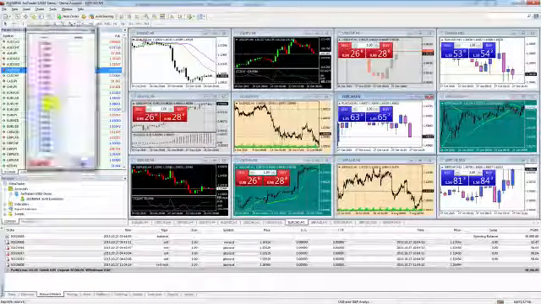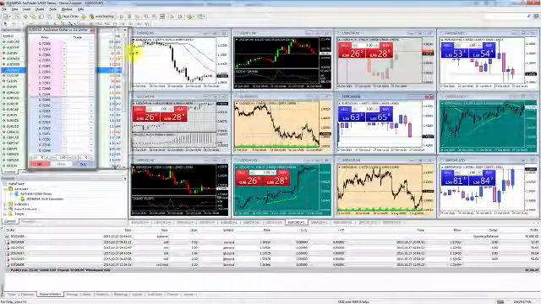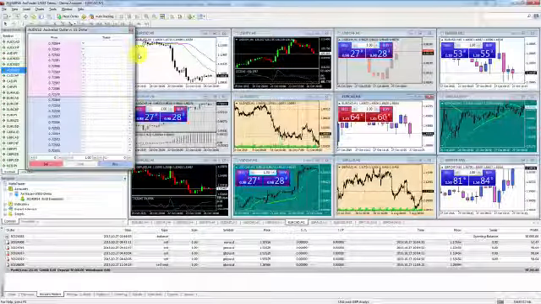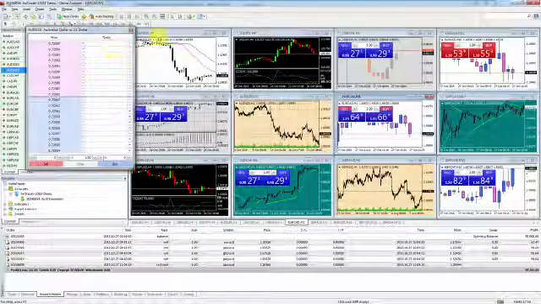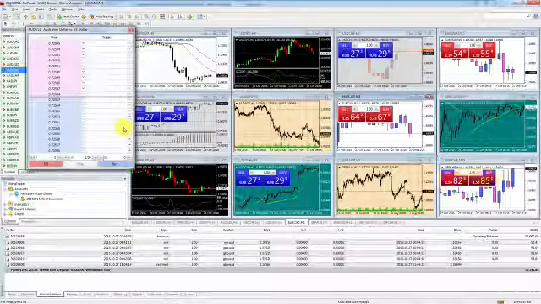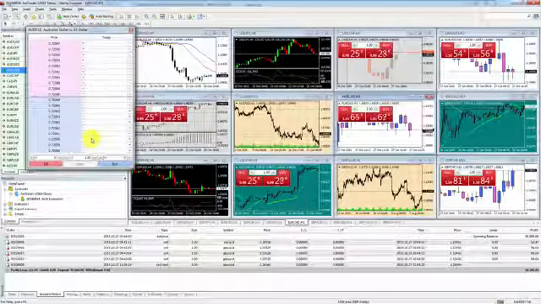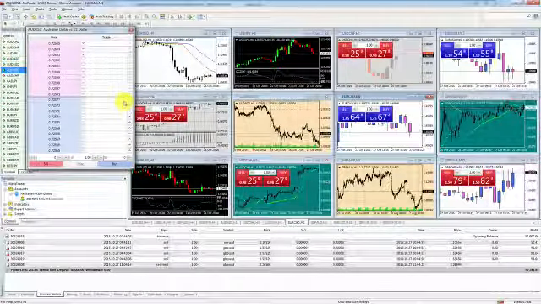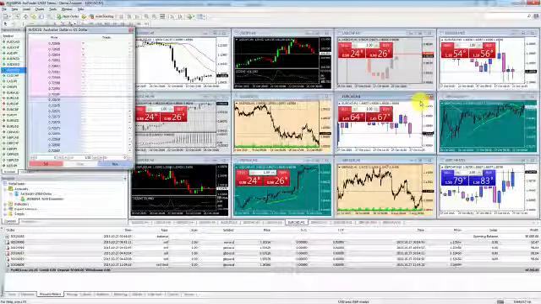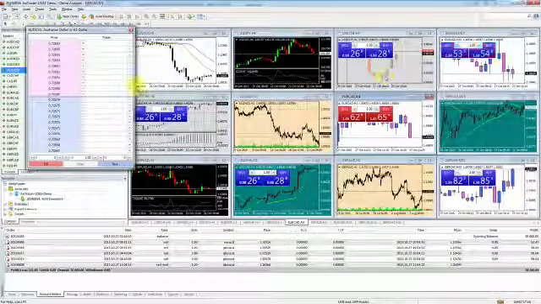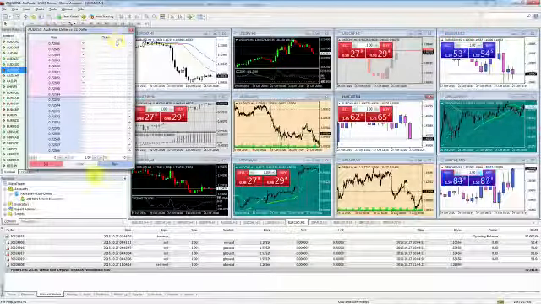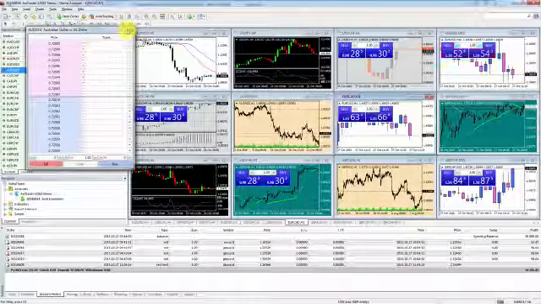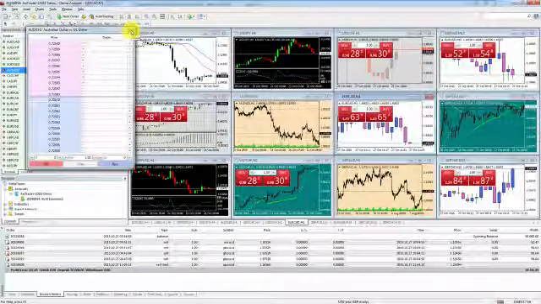Now we've got some other things here. So we've got depth of market. Let's click that. The depth of market is intended to be similar to the depth of market that you would see in a stock trading platform or some other market-based trading activity. But because the Forex market is called a market, but in reality it's all around the world, it doesn't have a centralized location, so you don't actually have a depth of market on the Forex market. So this window is actually quite useless, and personally I never look at it,